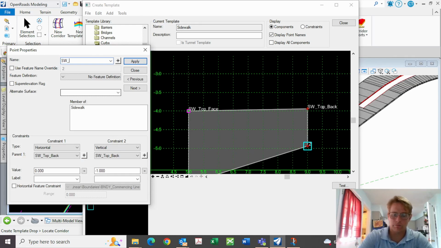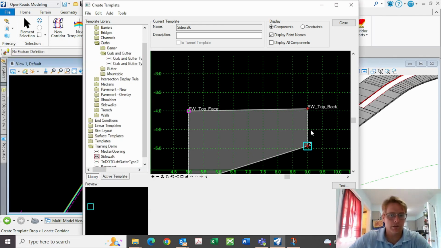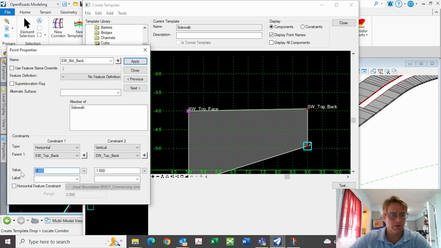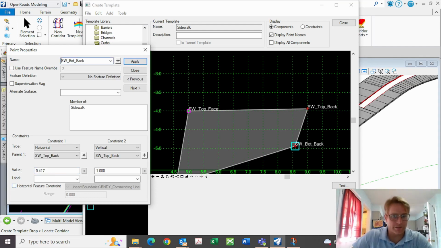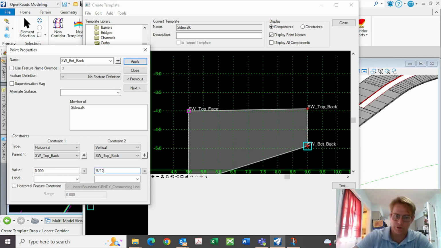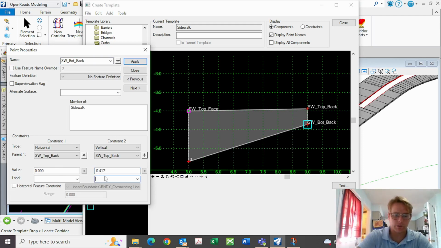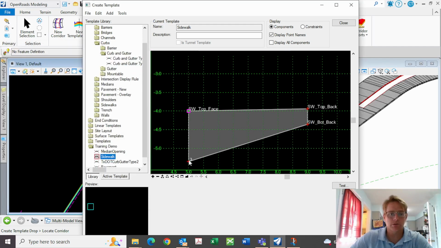Sidewalk, bottom, back. I'm going to set that five inches below. Oh, no, that was horizontal. Now, we'll do 5 inches below. 5 divided by 12. This will be sidewalk depth. Apply, close,